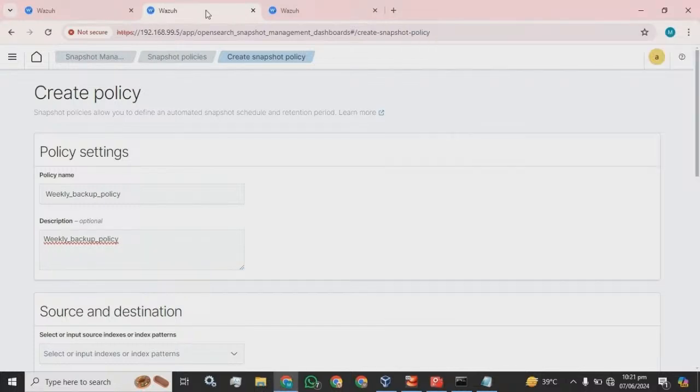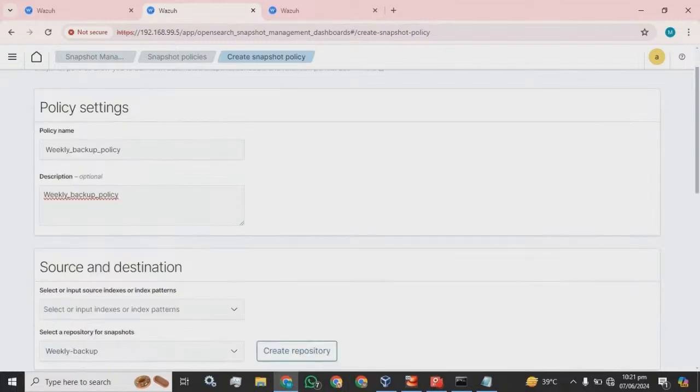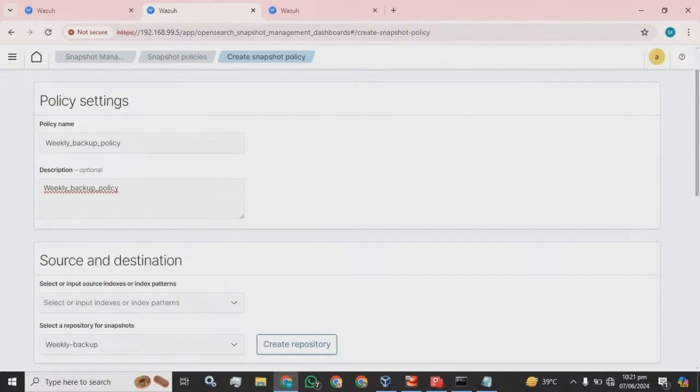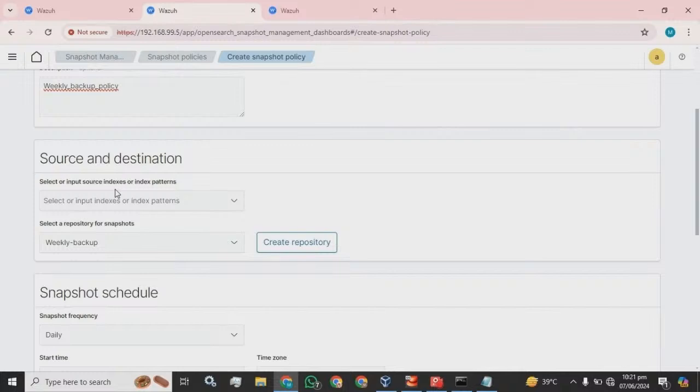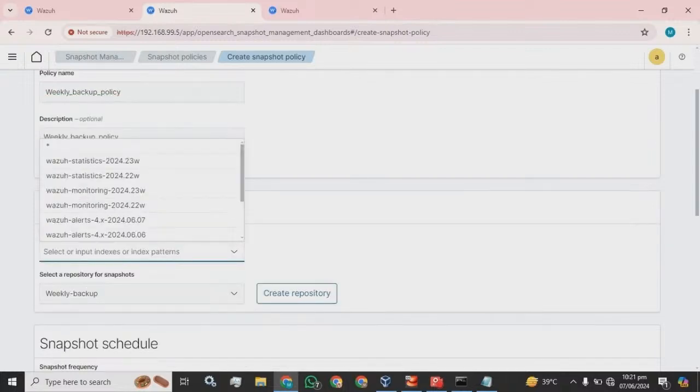So we are going to name our policy. I have named it weekly backup policy and added some description, or you can say the messages you want to add, and click on this drop down to select whether you want to add all